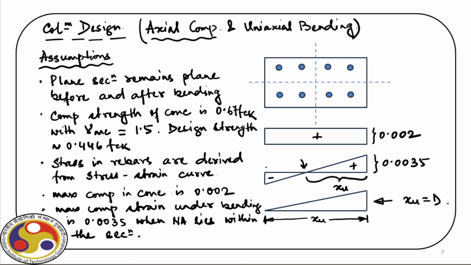That means the neutral axis is at the other extreme edge of the cross section. Now, if that is not the case, then what happens? For that, let us again draw this stress strain diagram, and then we will see how that happens. Okay, so let us copy this. So instead of having the neutral axis here, we'll have it somewhere here, right? So in that case, the location of the neutral axis is outside the section,